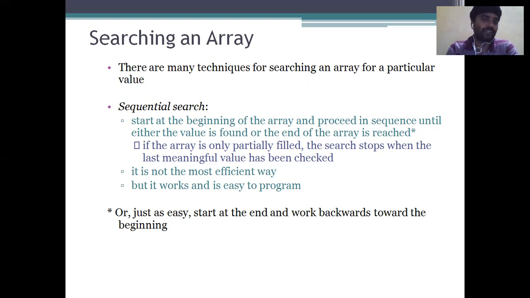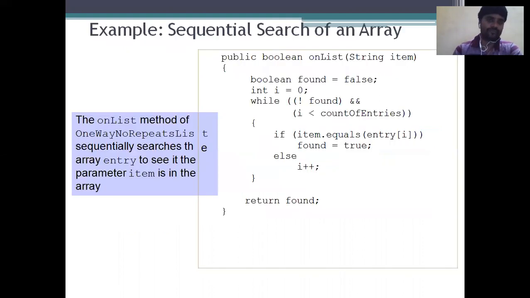So we are going to see the programming of a sequential search. Or, just as easily, start at the end and work backward towards the beginning. How does that work? For example, we are going to see the sequential search of an array.